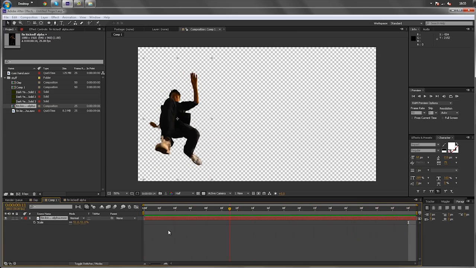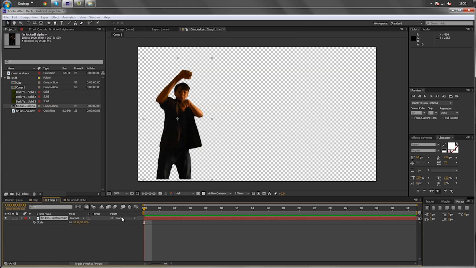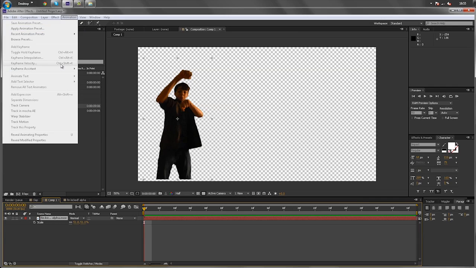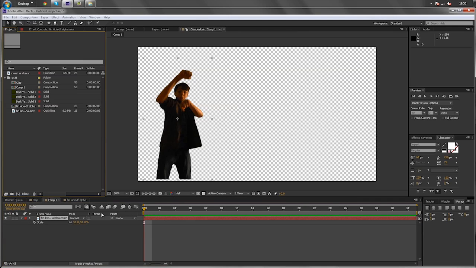So, animation. There are a lot of ways you can do animation. I don't know much about them, but you've got expressions, and you've got this animation tab here. But the easiest way to do it is, I'll show you the keyboard shortcuts in a little while, but to start with,